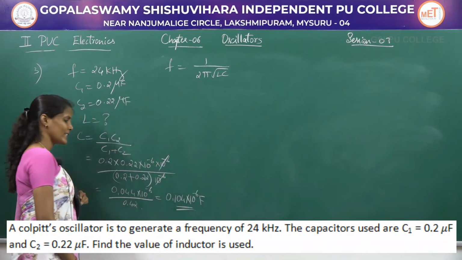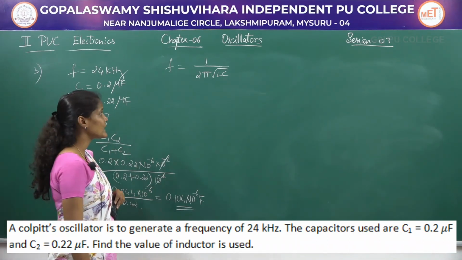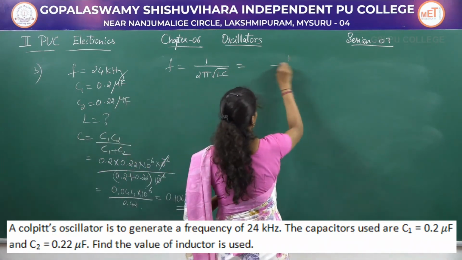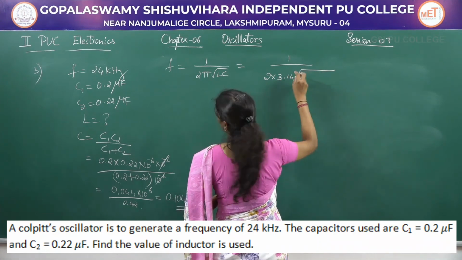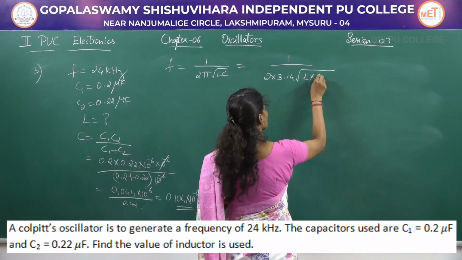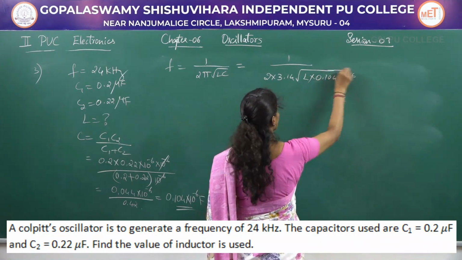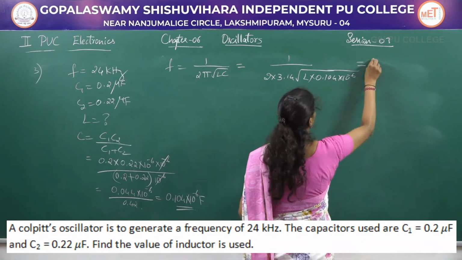So the total capacitance value is 0.104 into 10 to the power of minus 6 farad. So let us substitute those values here. 1 divided by 2 into 3.14 into root of L, the value you have to calculate, C value is 0.104 into 10 to the power of minus 6,